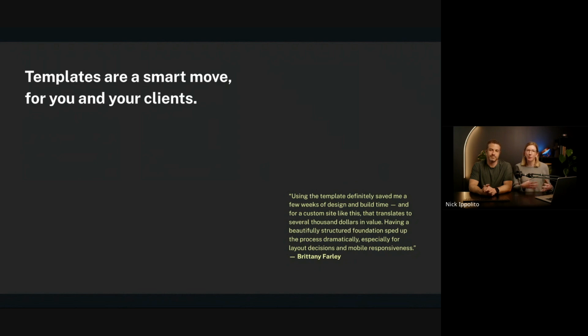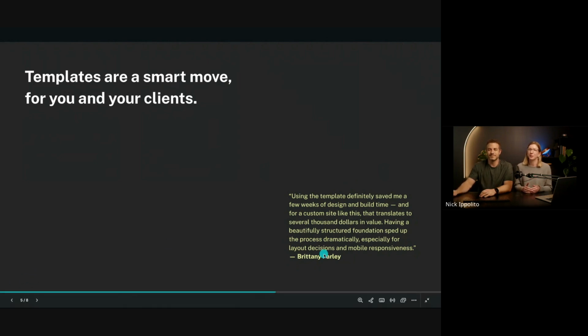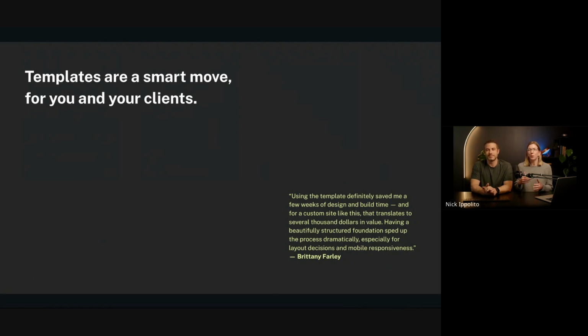It's a really common practice on a lot of other platforms, and it hasn't been on Squarespace. And I think that's because of some of these limiting beliefs that people have put on the platform and designers that use them. But what we're seeing is some really significant opportunities for people to push their design business further using templates. So what we'd like to say is they're a smart move for you and your clients.